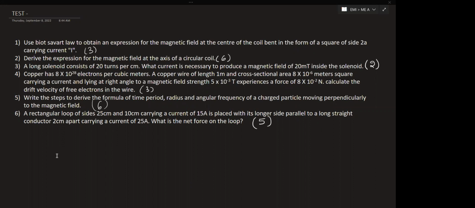That is 9.375 into 10 raised to minus 4 minus 1.563 into 10 raised to minus 4, which is 7.812 into 10 raised to minus 4 Newton. And it was directed away from the